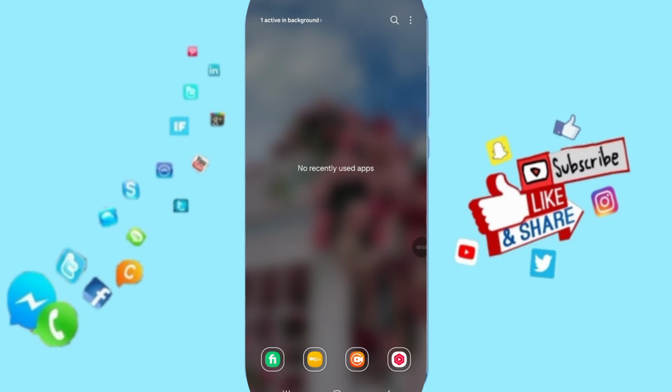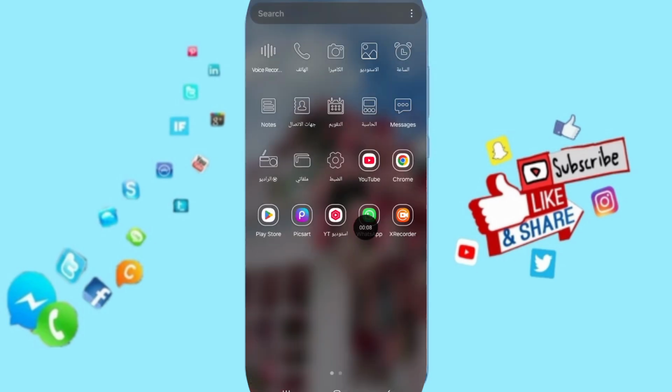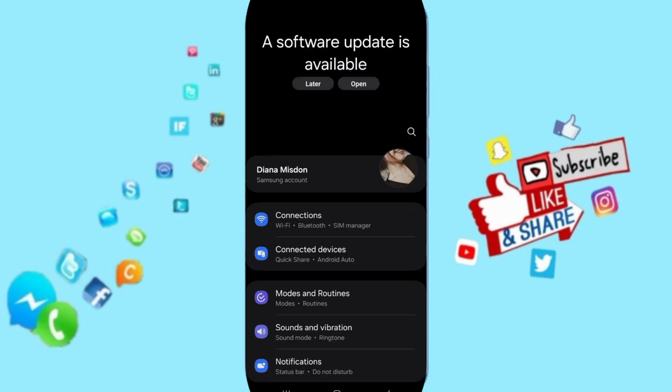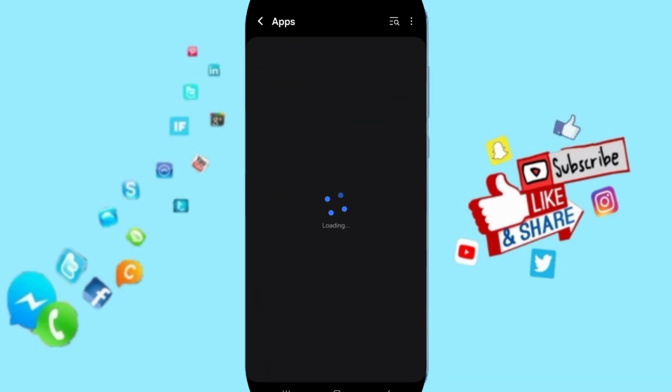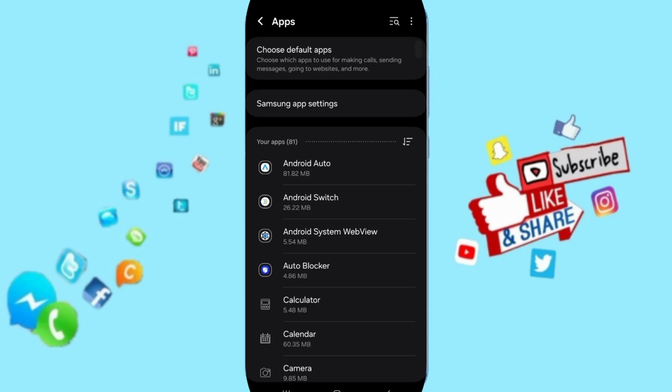Today we will talk about how to fix or solve the problem of the DHgate app. You will click on settings. Here you will click on apps, default apps, app settings. In this window of apps,